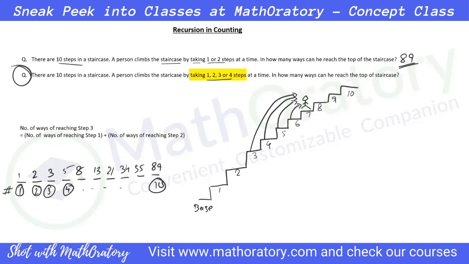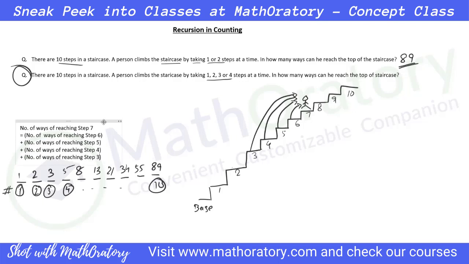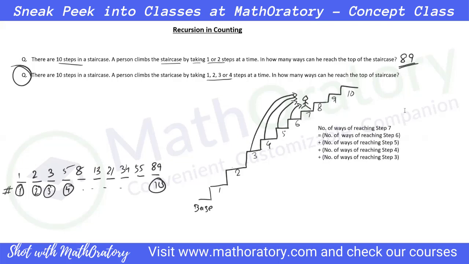So in this case, the idea is that all the previous 4 terms will be added, right? So in order to reach step number 7, you could have done directly from 6, directly from 5, directly from 4, and directly from 3. So if I just modify this a bit, the number of ways of reaching step number 7 will be the number of ways of reaching step number 6 plus the number of ways of reaching step number 5, plus the number of ways of reaching step number 4, plus the number of ways of reaching step number 3, right? So all of these cases can be added up, and we get the number of ways of reaching step number 7. So in this case, we will be adding the previous 4 terms as opposed to the previous question where we were adding the previous 2 terms.